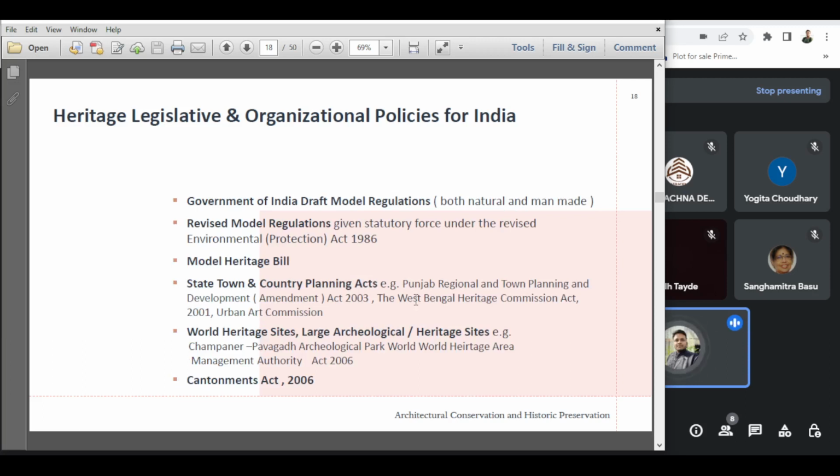Now the other legislations, acts and policies are the Government of India draft model regulation, both for the natural and man-made heritage. Again, the revised model regulations were given a statutory force under the revised Environmental Protection Act in 1986. Then the Modern Heritage Bill is there. State, town and country planning acts are there, like the Punjab Regional and Town Planning Development Act, which was amended in 2003,